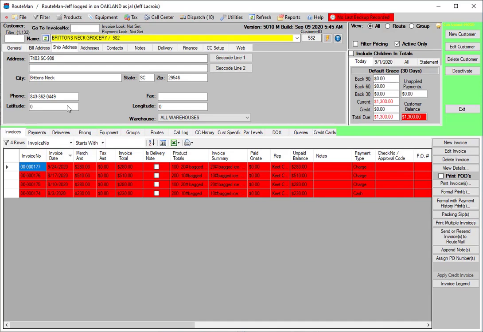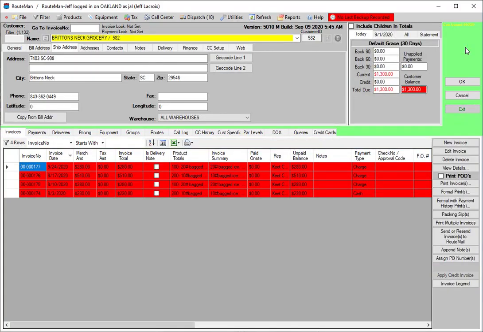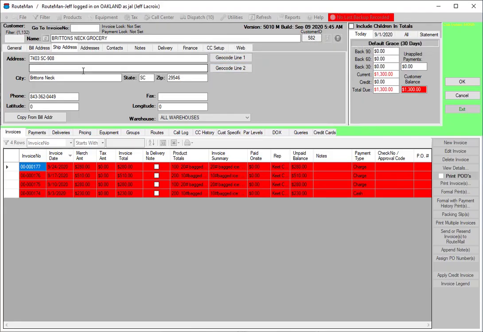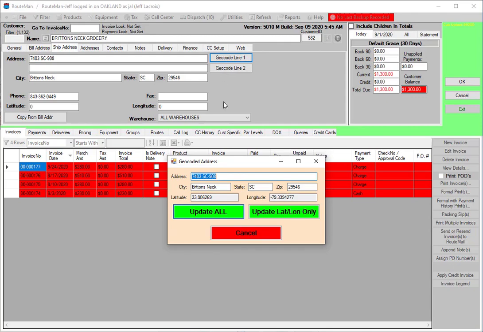to that location. So what we will do is you have to be in edit customer mode, but when you enter the street address information, you'll choose geocode line 1 or line 2, whichever line has the street address information. So if you have apartment number 207 or suite such and such, don't use that line, use the street address line. Okay, and so when you hit geocode line 1, you can see that the street address matches pretty much